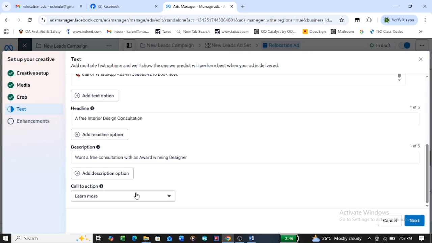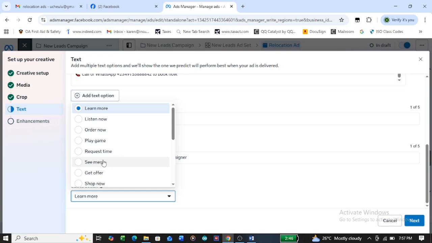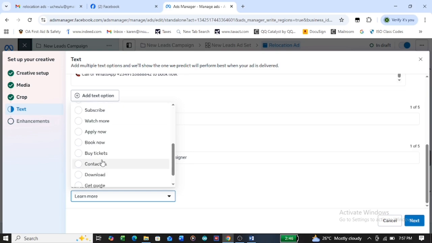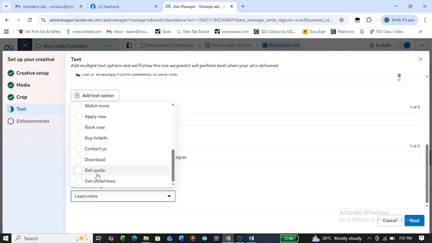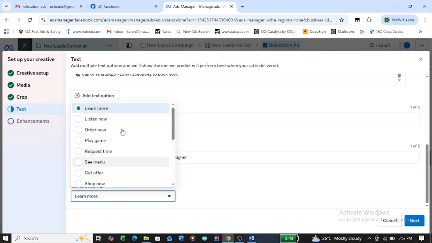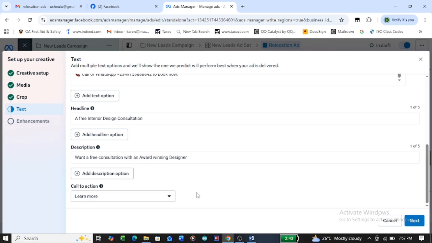But we are free to change this up. We could either take learn more, or we can take sign up. Just for an example, you can see there are a lot of different call to action buttons here. You can go through it and look at the one that describes the exact action you want your prospective client to take. Select the one that will work well for you. But for me, I think learn more for now is the best for us. Then we've got a destination. Where are you actually going to send this